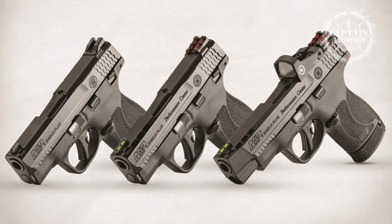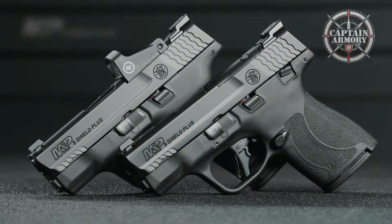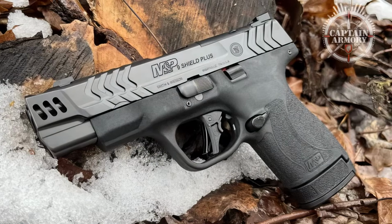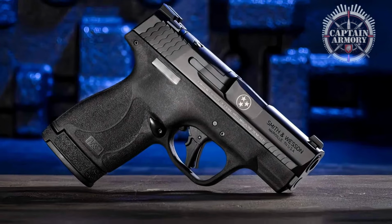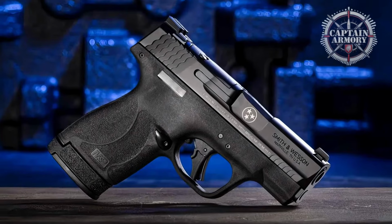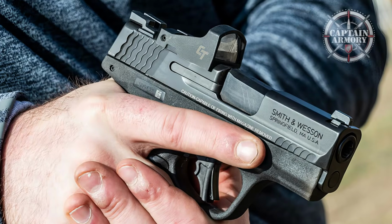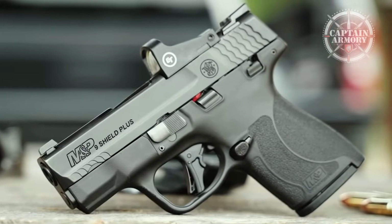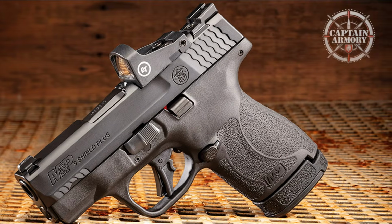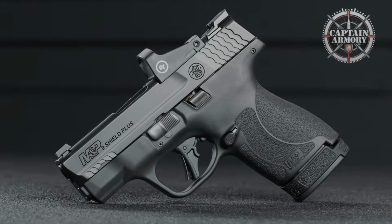Performance-wise, the twin V-ports and tuned slide geometry deliver a noticeably reduced muzzle flip compared with unported Micro 9s, translating to faster, more controllable follow-ups for most shooters. The predictable trigger and solid sights help the pistol feel capable both in rapid defensive sequences and in deliberate accuracy work. Out-of-the-box performance tends to require only minor tweaks, if any, before the pistol is range-ready, which keeps total ownership